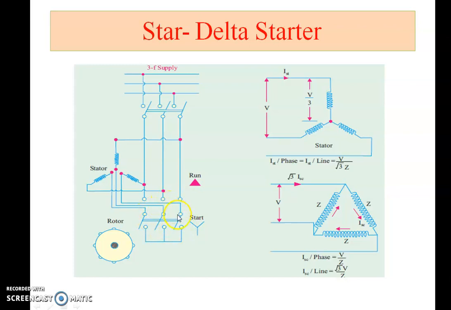Once the motor reaches its normal speed, the change-over switch or contact switch will move towards the delta connection. That means it moves to the run condition. During the start condition only, we connect the supply in star connection. During the running condition, we connect the system through the delta connection. This star and delta is just a connection change we make in the starter. Delta means you can imagine end to start, start to end, start to end. Okay, this is nothing but a star delta starter.